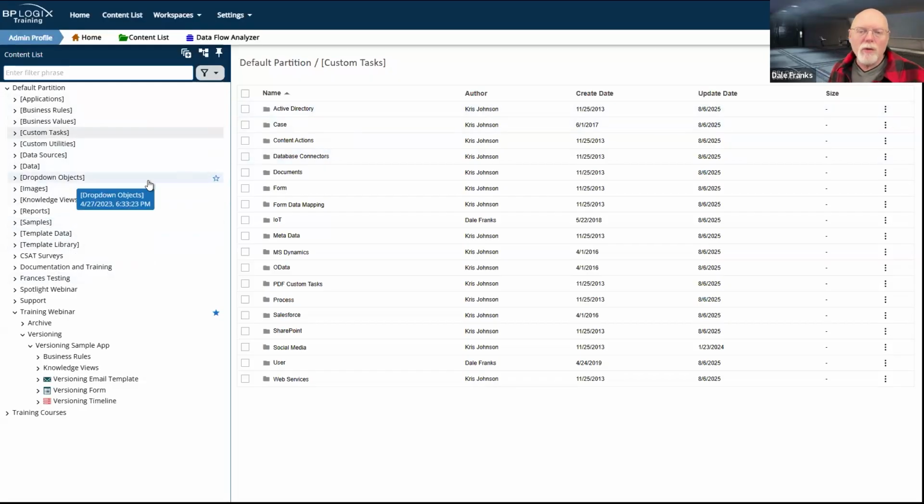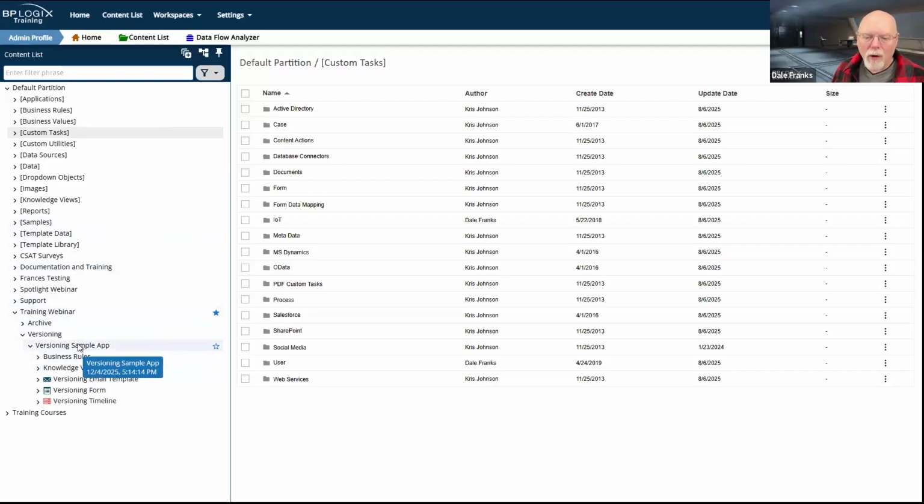Now, business values do get a little tricky because sometimes a business value will not work outside the context of a specific form or a specific process timeline. They only evaluate items on that form or process timeline. Well, those wouldn't be global business values. Those would be local, or I'm sorry, not business values, business rules. Those would not be global business rules. They would be local ones.